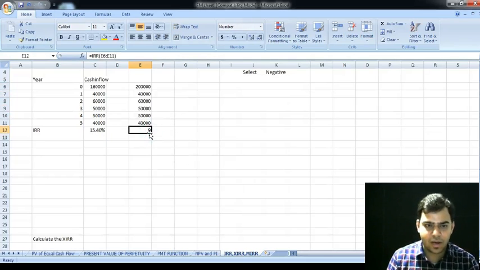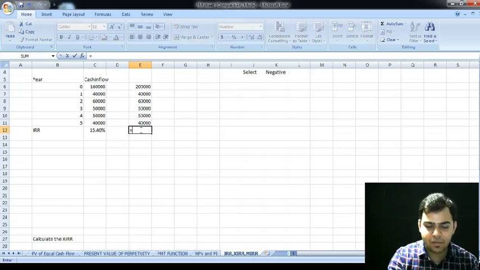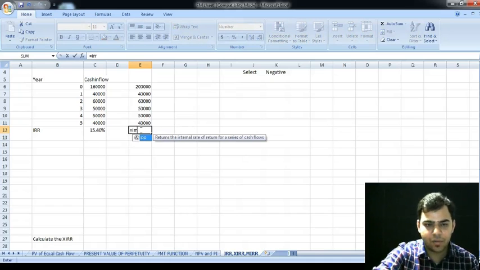So we will again do the calculation. Instead of this, we have changed the investment to 2 lakh, and now we want to find out the IRR: equals IRR, bracket open,